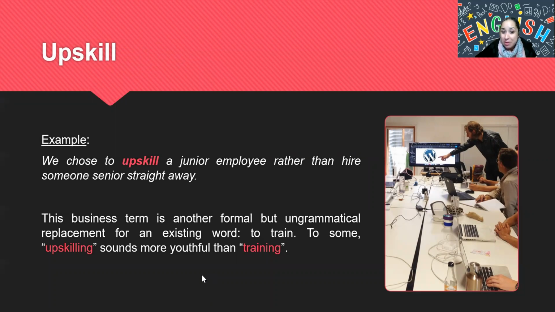To some people, upskilling sounds more youthful, nicer than just saying training. But to upskill is to train someone and to give more skills to that someone. Upskill. Nice, huh? It means to train.